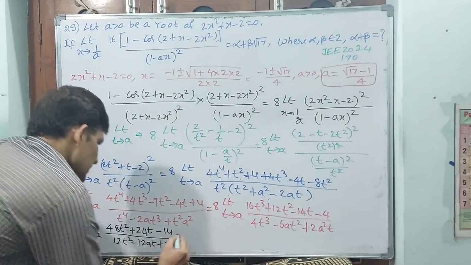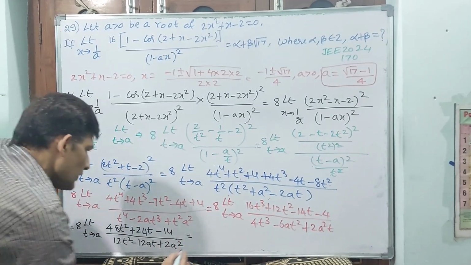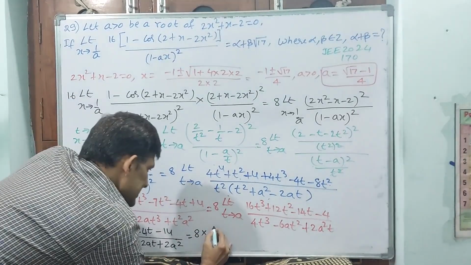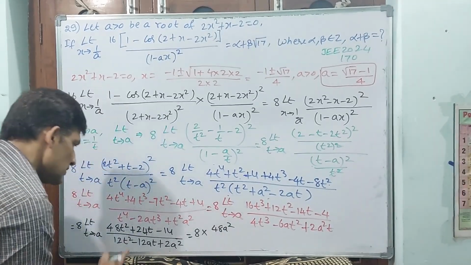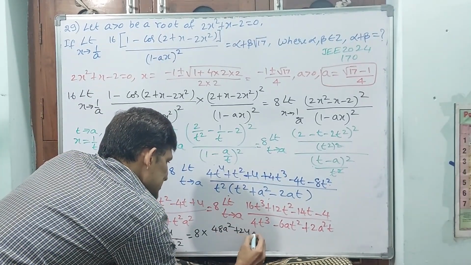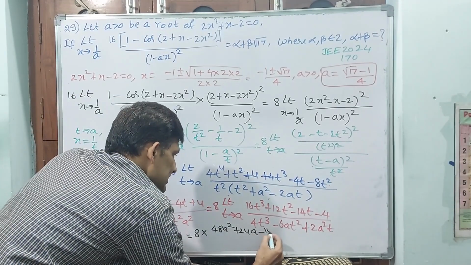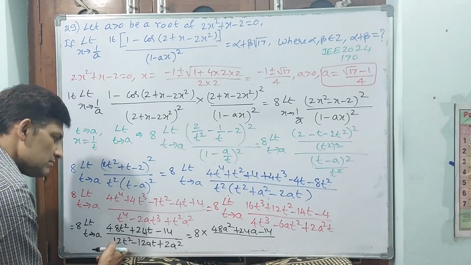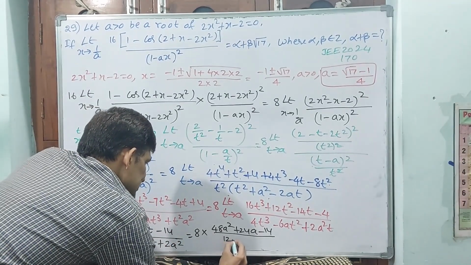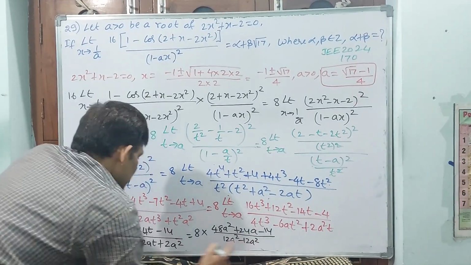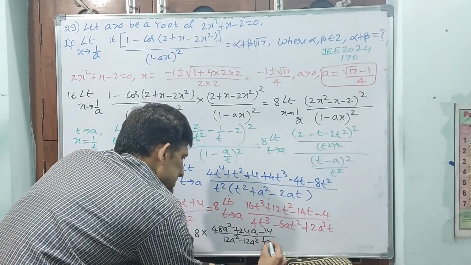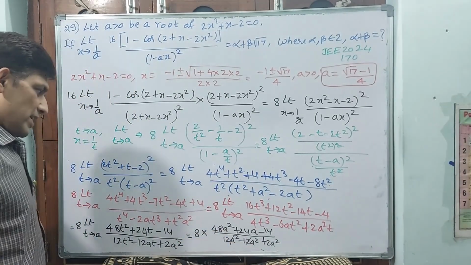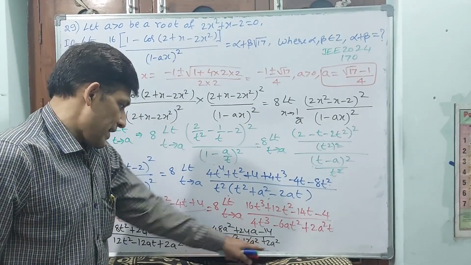You can apply now. If I apply, what will happen? 8 into, see, 48a square plus 24a minus 14. See, these two are going to become 0. Or else I will write 12a square minus 12a square. Why? Because a into a square plus 2a square. Okay, see, 12a square you cancel out. Okay, now 8 by 2a square,